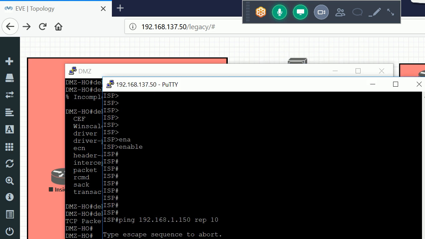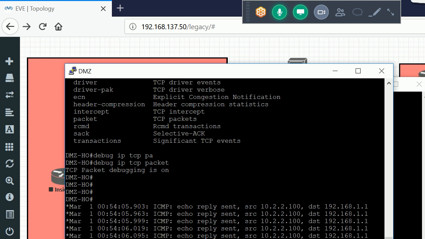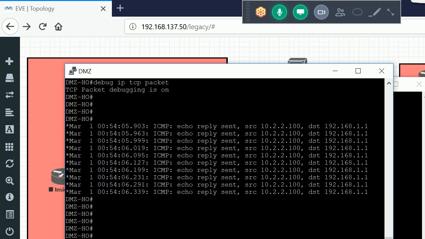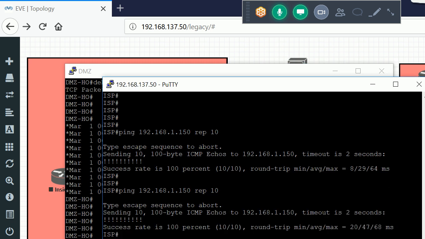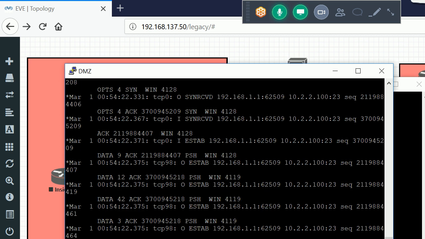So again, if I ping from here, see, the ping is going to the DMZ server, okay. And if I run telnet here for the DMZ 192.168.1.150, telnet is also going.